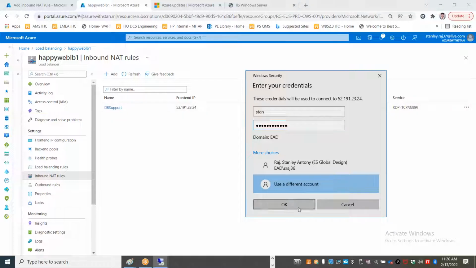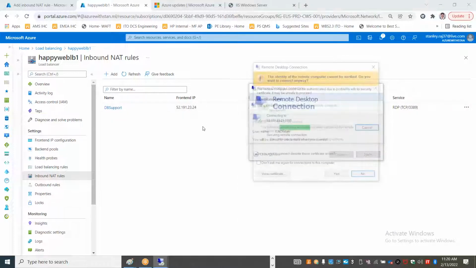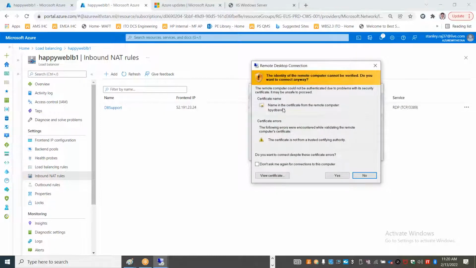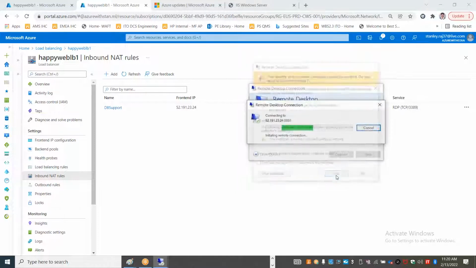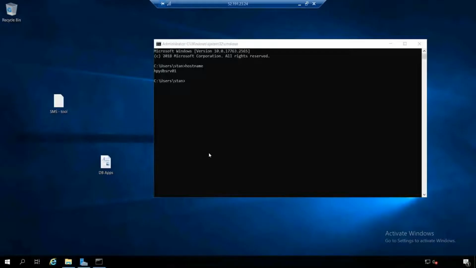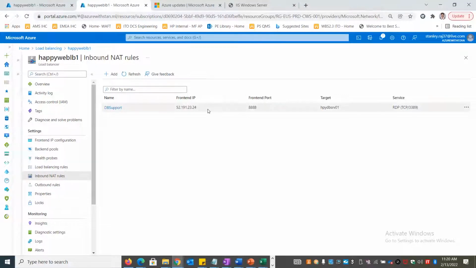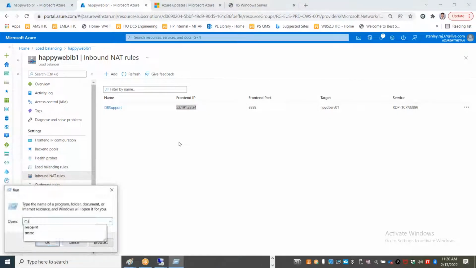So if I click OK, even the certificate will clarify what it is connecting to. See, it is connecting to HPY DB server 01. Right, if I log in, it will see whatever the database thing that we have created, installed and configured. See the SQL Server Management Studio, the DB application, and so on. Similarly, if I go and use the same IP and use port number 49s,